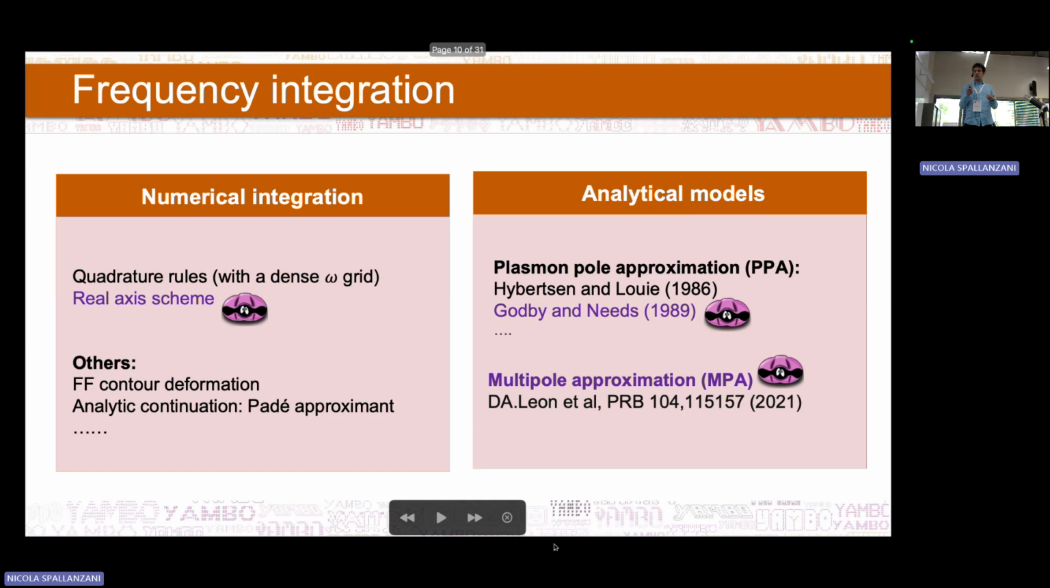And that's the reason for which we don't like to do this. Like we want to avoid this. That's the reason why we stick with the analytical approach. The one I started before is the plasmon-pole approximation. There is another one in the